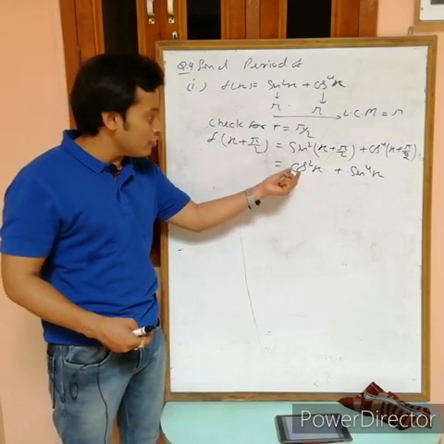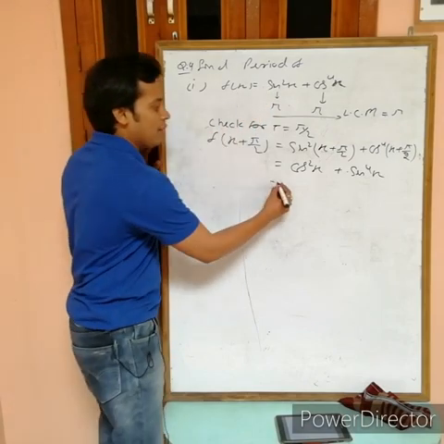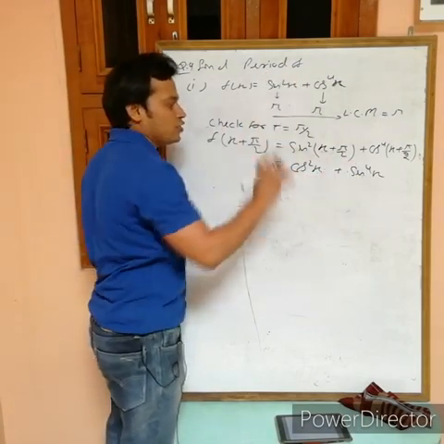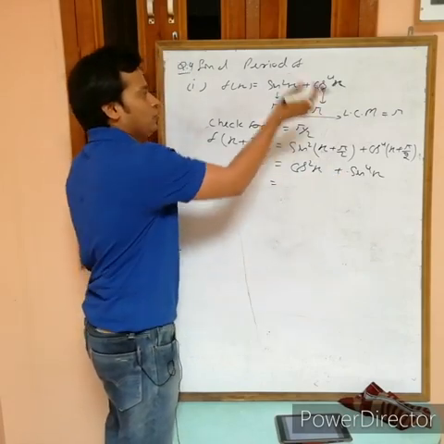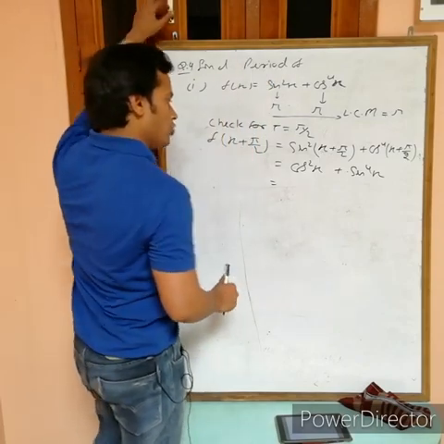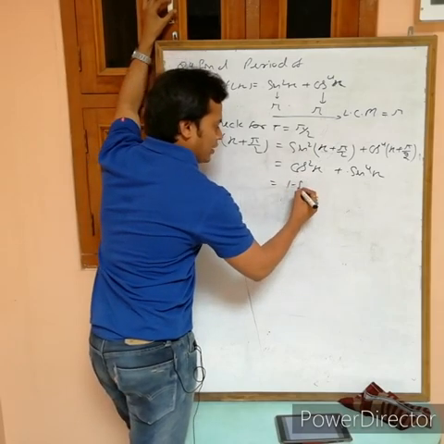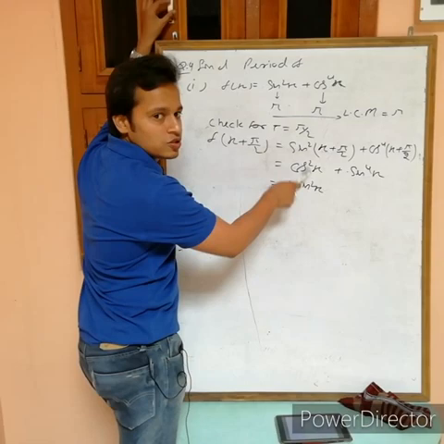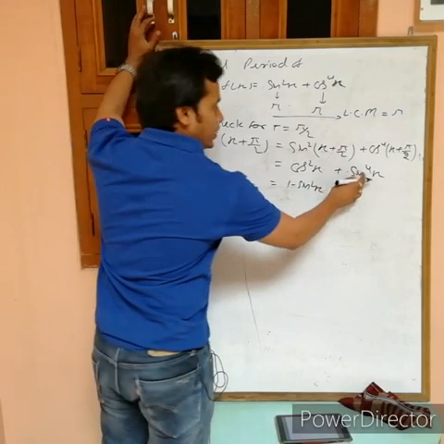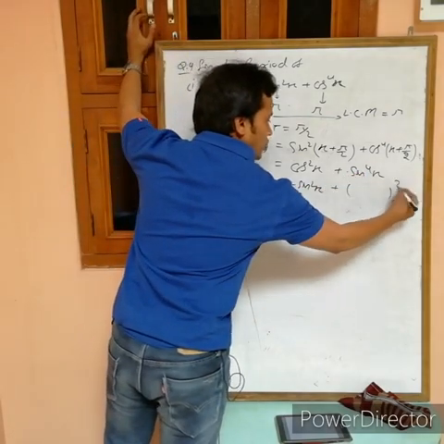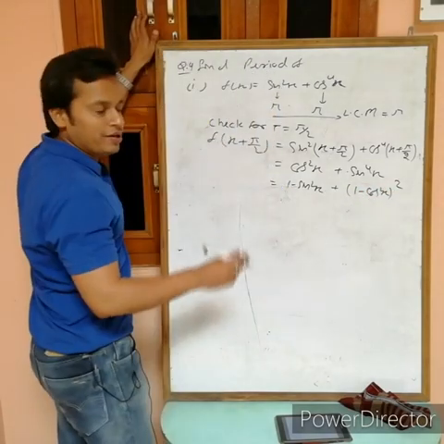At this time we can't compare, because cos square can be written in terms of sin square. So first I am converting this one, in terms of sin power 2 and cos power 4, to compare with this one. How to convert? You can use any method. I am writing 1 minus sin square x, because we want a square for sin, and we want power 4 for cos, so write this one in terms of cos. Can I write this one as sin square square, and sin square can be written as 1 minus cos square x. Now solve.